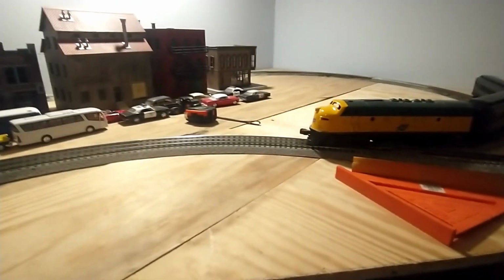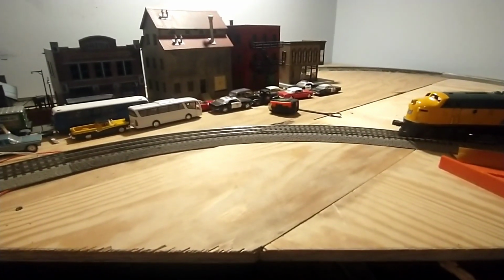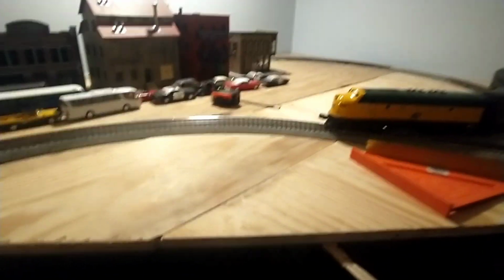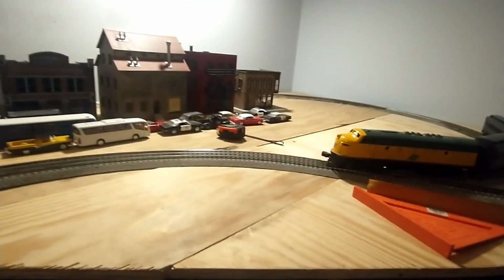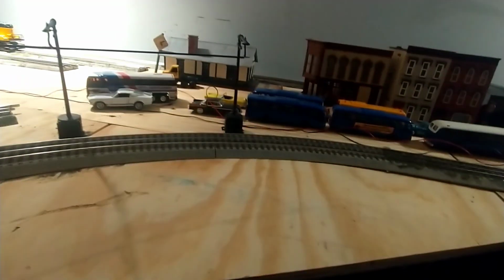I mean, theoretically nothing really is permanent in terms of model railroads, but I've put in these little, I don't even know what you could call these, fill-ins maybe, to bridge the gaps between these larger rectangular tables. This one I think is the better of the two I've done so far. It just kind of supports the outer edge of this